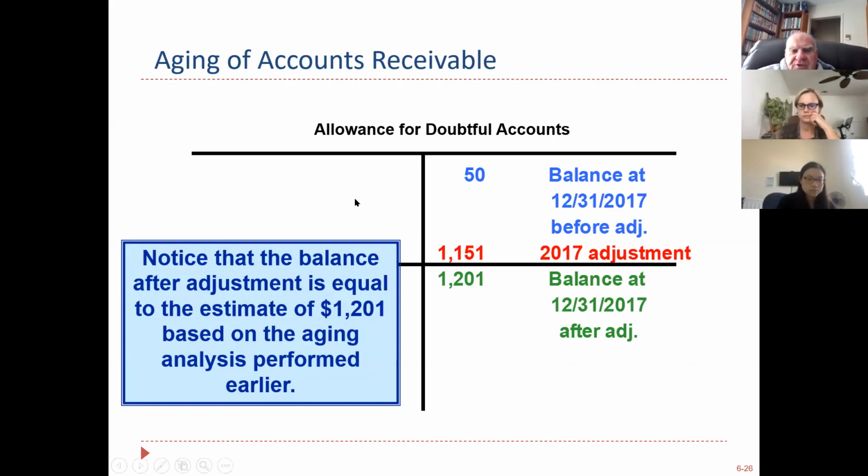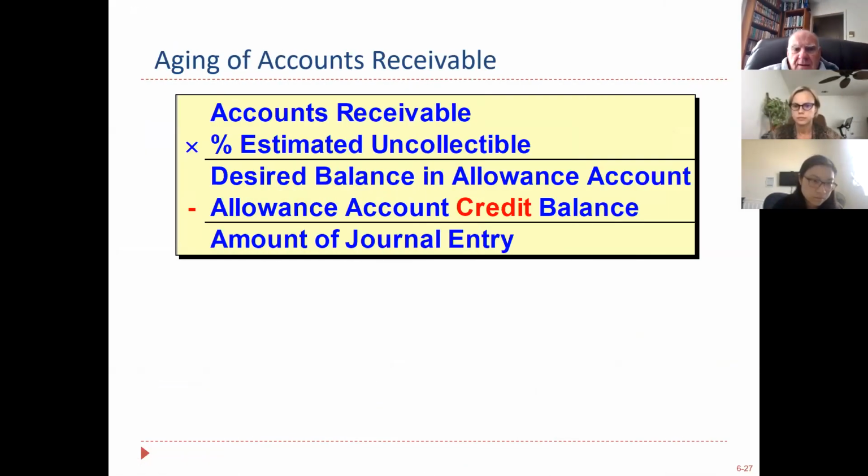Suppose there was $1,000 sitting here. You would come up with a different balance because you'd have to go 50 minus 1,000. That's a minus 950. We got to get up here. It would be like 2150. Okay. Now here they're just trying to